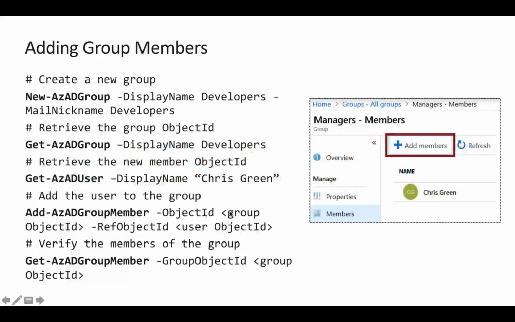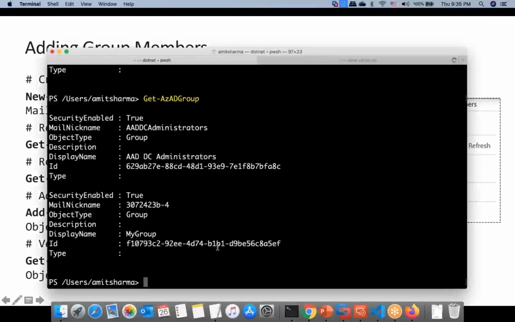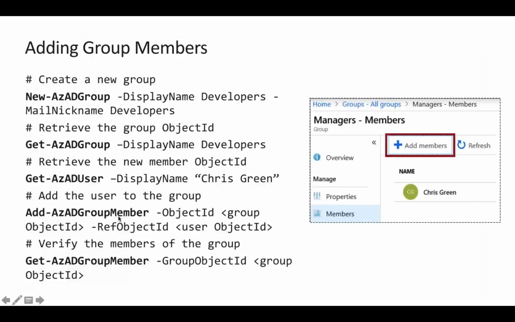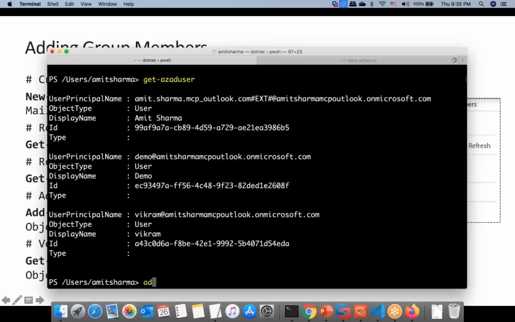If you recall, you added a user called Get-AzADUser, and you see all the users. One of them is demo. This is the user ID. So you have to do what? You have to add Add-AzADGroupMember. If I do Add-AzADGroupMember,